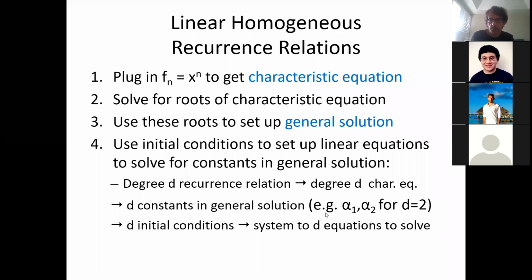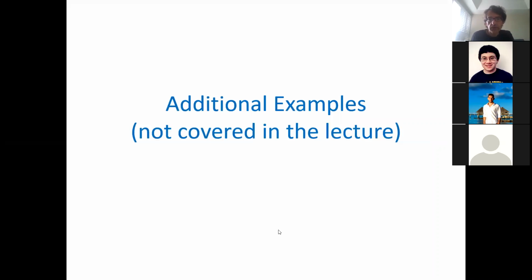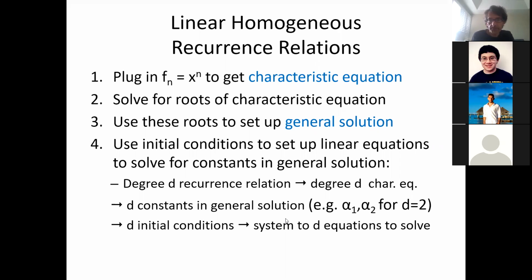Then you solve that for those constants, alpha 1, alpha 2, to alpha d. And that's it. Then you plug the constants into the general solution, and that's called a particular solution. And that's the solution to your